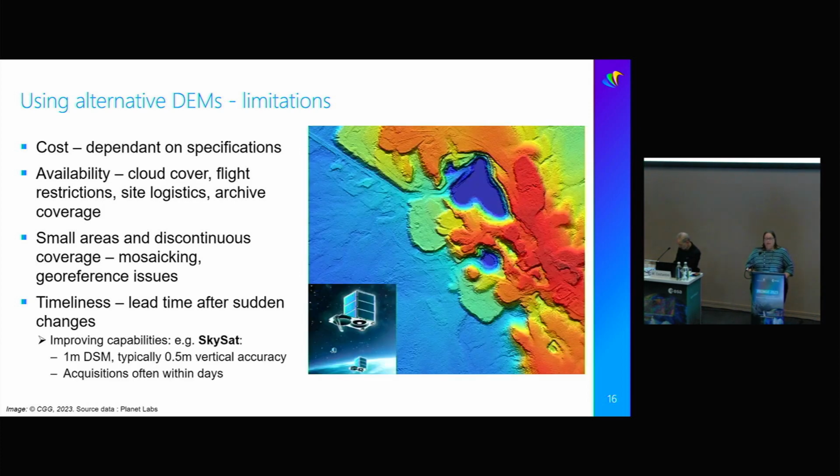Recently, there are more improvements in the quick availability of those DEMs, often just because satellites are now coming in constellations with faster revisits. So we get down to the point where we could potentially get acquisitions in days rather than having to wait months like we needed to a few years back. But that does, again, rely on things like cloud cover.